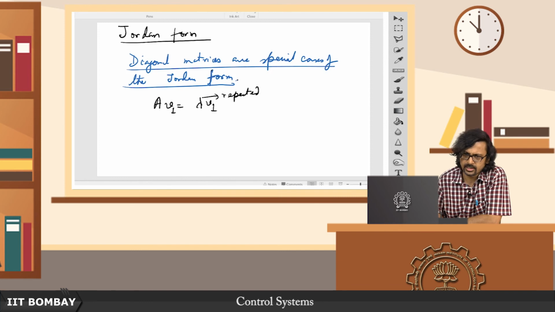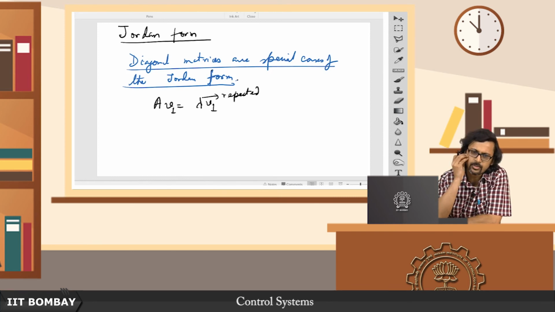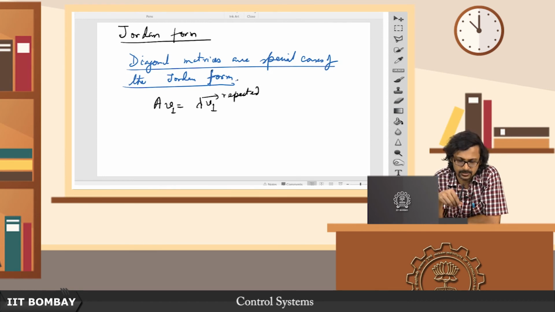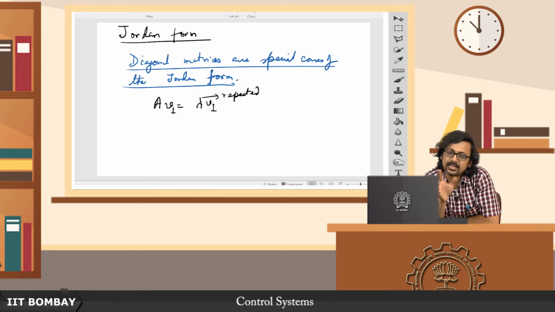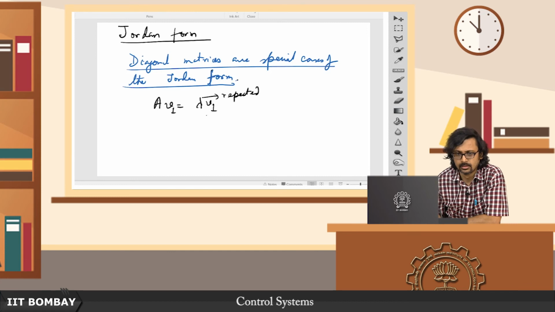Because remember, if there is no eigenvalue that is repeated, then we do not need to get into all this business, then it is always going to be diagonalizable. So this problem only occurs, not always occurs, when there are repeated eigenvalues, but it can only occur if there is at least some repeated eigenvalue. If there are no repeated eigenvalues, then the question of non-diagonalizability does not arise, yeah. So suppose this is repeated, then I have this AV1,